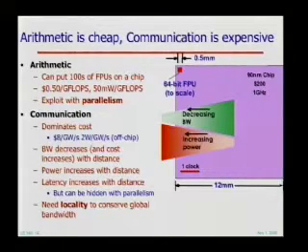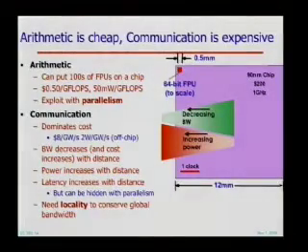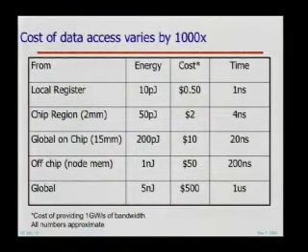It turns out that the way to hide this latency is with parallelism. As long as you can do a lot of things in parallel, you can tolerate a lot of latency. But what you can't hide is a lack of bandwidth. You only have so much bandwidth off chip, and also globally on chip. You have much more bandwidth to things close to you than you do going a longer distance, because it takes more wire to get there. You're burning up more communication resources. So this should answer your question about how power varies between doing things on chip and doing things off chip. And these are all for 64-bit transfers.